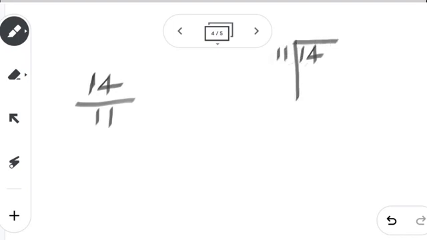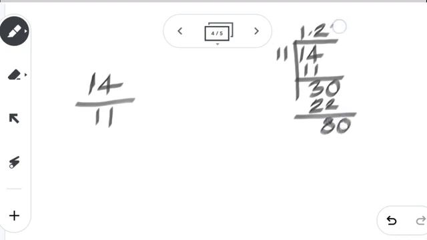Now we can consider another rational number 14 by 11. Divide 14 by 11. How many 11s are there in 14? We have 1, 1 into 11, 11. Then minus, 3. Then add the 0. Put the point. How many 11s are there in 30? We have 2, 2 into 11 equal to 22. Subtract 30 minus 22 equal to 8. Add the 0. How many 11s are there in 80? We have 7, 7 into 11 equal to 77. Then subtract 80 minus 77 equal to 3.